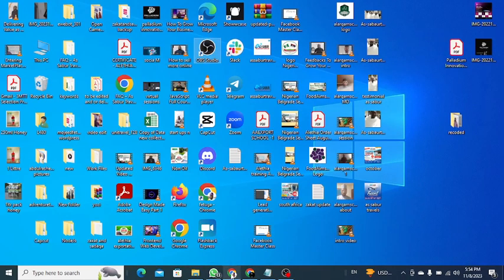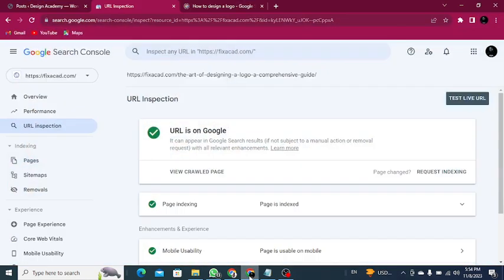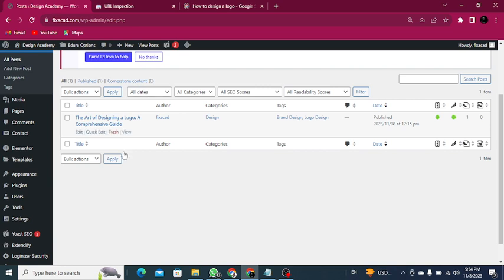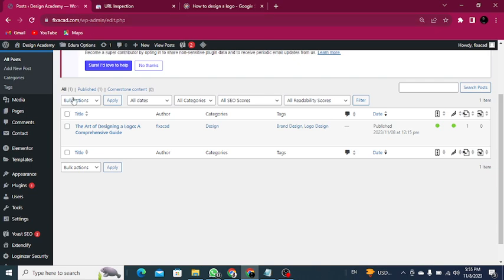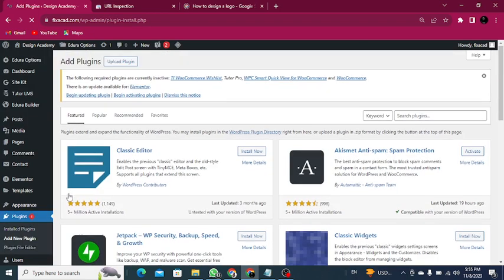So, ladies and gentlemen, I'm going to be walking you through the basic things you need to have if you are doing SEO. And the process is very simple if you go to your website. In my own case, I'm using this fixaccount.com, and I need to just click on plugins. This is a WordPress dashboard. On plugins, you just click on add new, and you search for Yoast